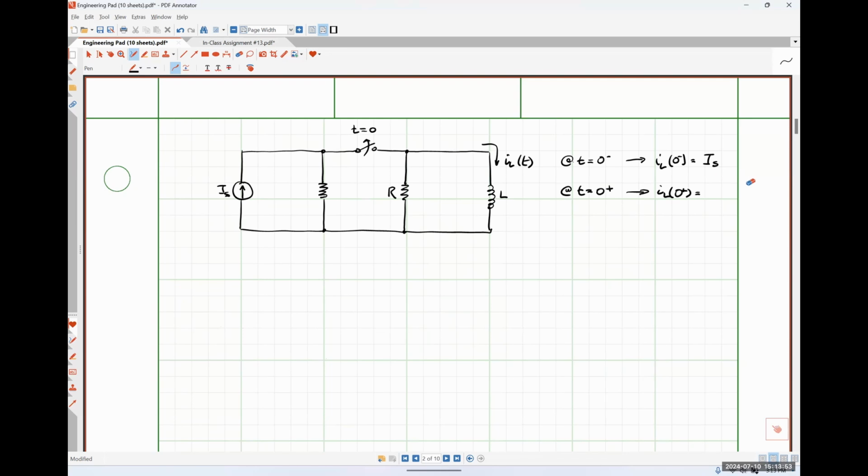And the other thing that we learned is that the current flowing through an inductor cannot change abruptly. So if the inductor current was IS at t equals 0 minus, what does it have to be at t equals 0 plus? IS. Exactly right. The inductor current can't change. All right, so now